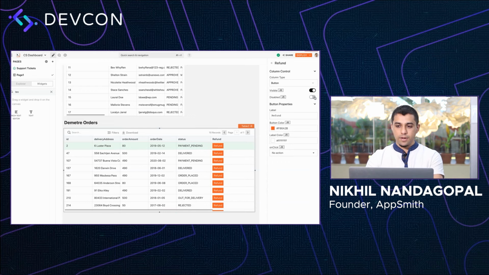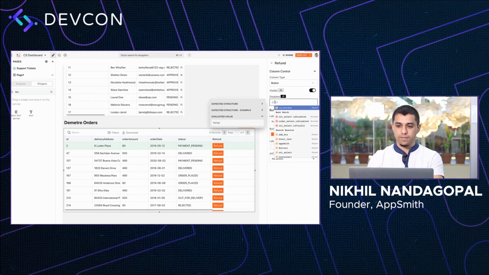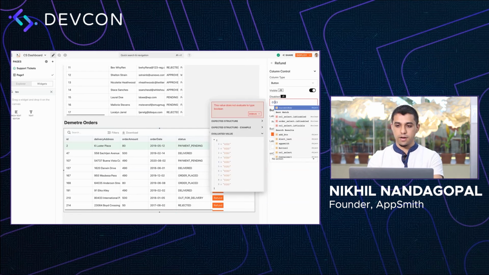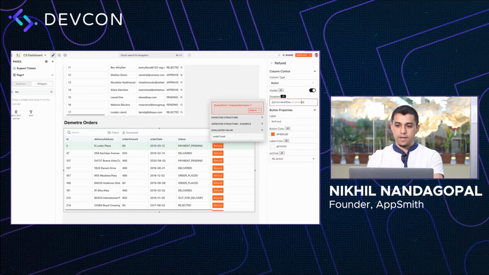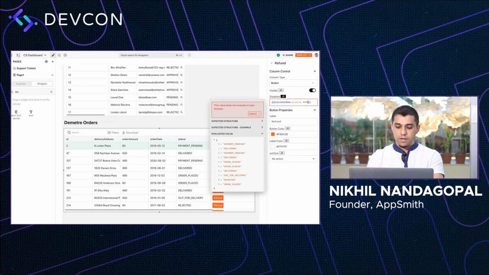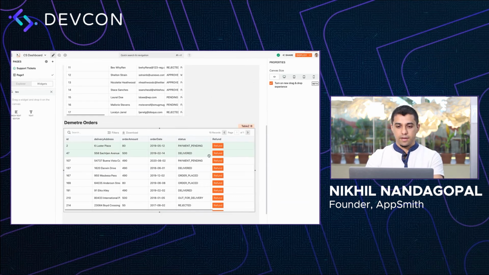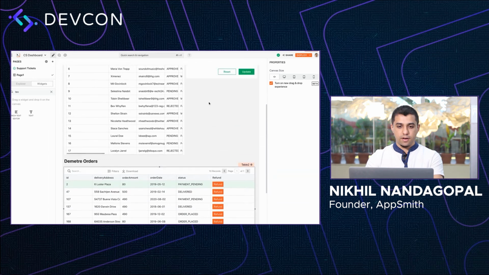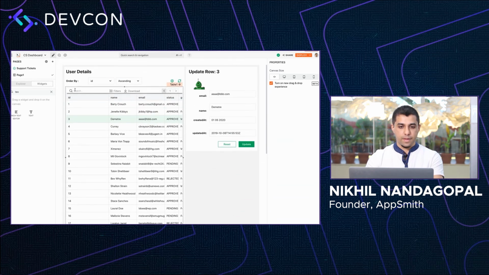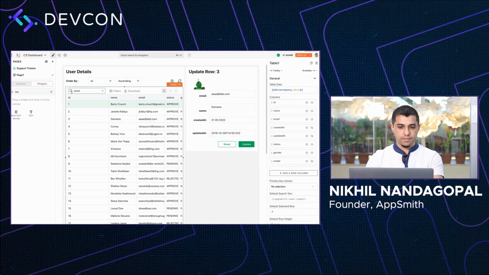But as you can see, this property is currently only static. To make it dynamic, we need to click on the JavaScript option and then go ahead and write some JavaScript code. So we want to ensure that the current row's status is equal to refunded. And if it is, then we're going to go ahead and disable this particular button. Now, as we can see, none of these orders are currently refunded. But if we look at James,